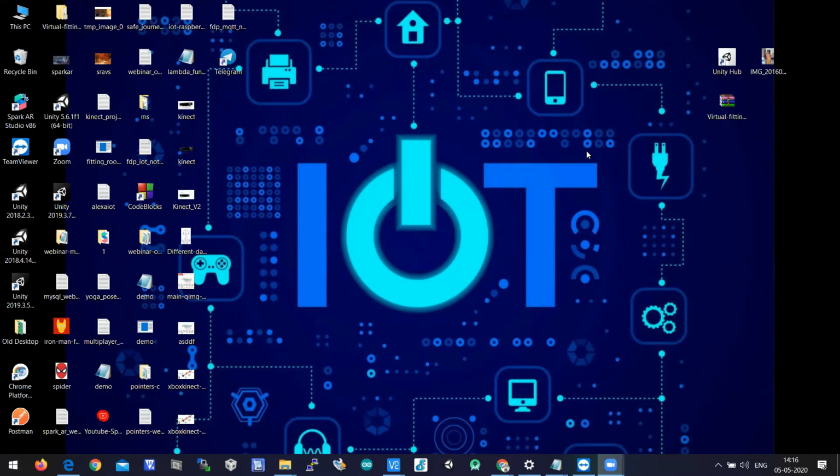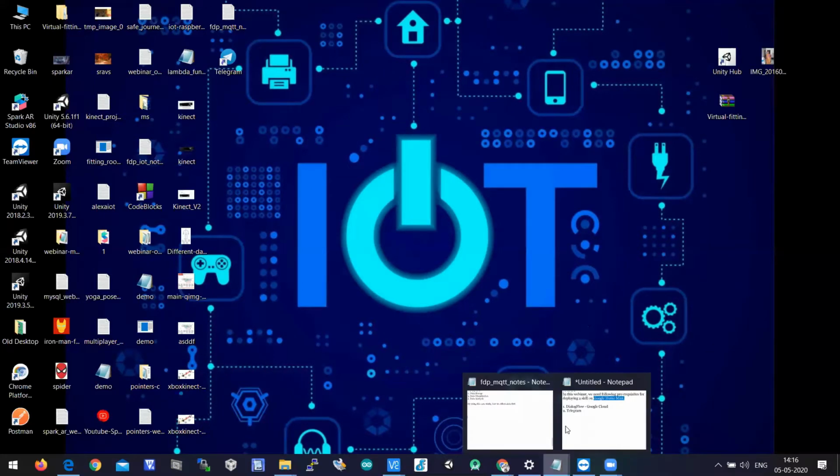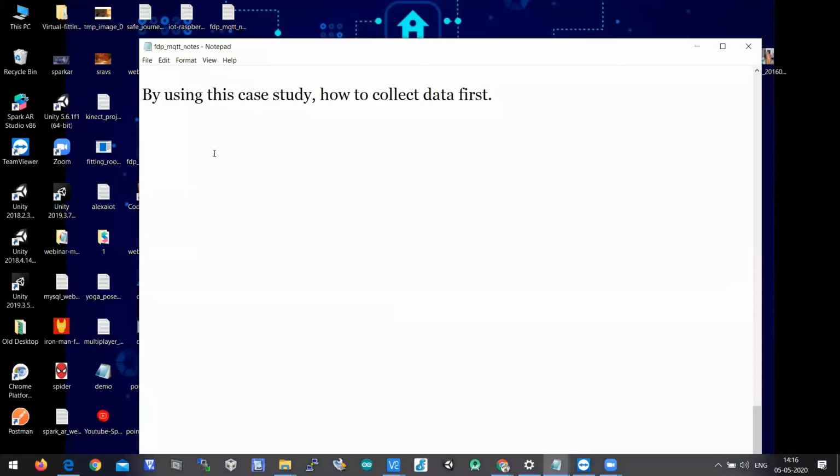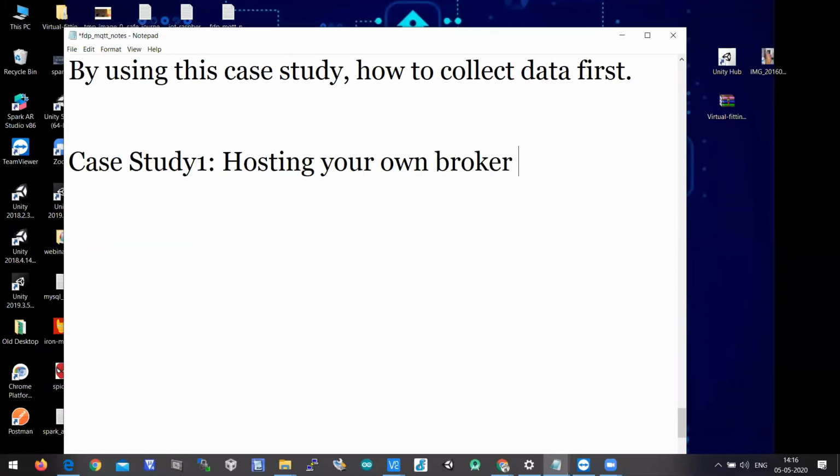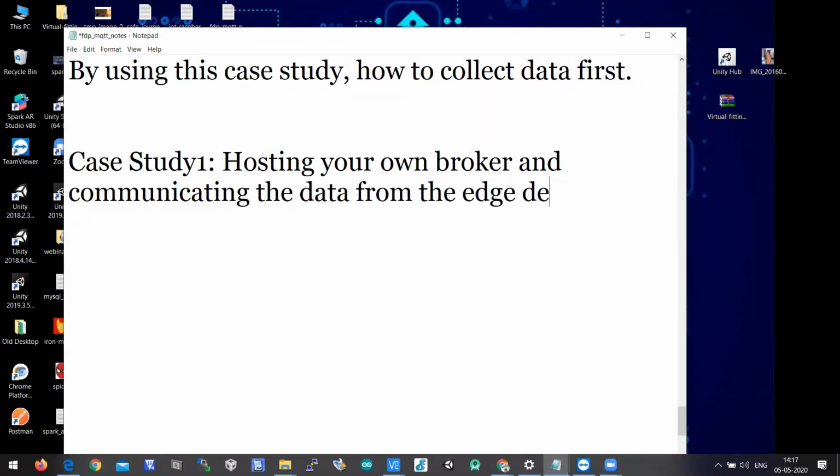Have you all registered in AWS? So today I'll take some use cases. Okay. So case study 1 is hosting your own broker and communicating the data from the edge device to your cloud in AWS.